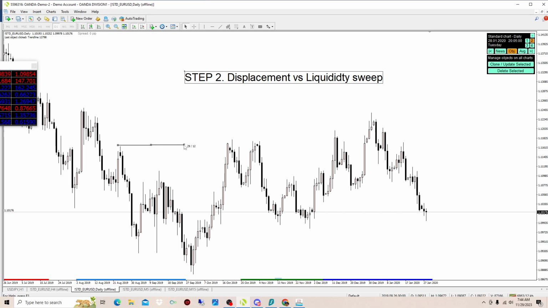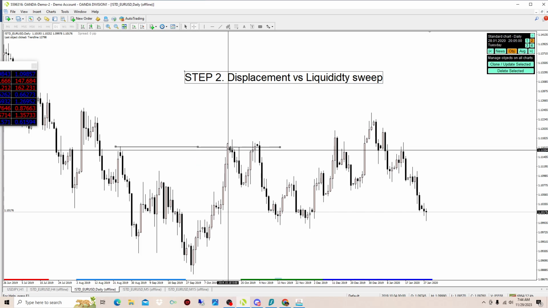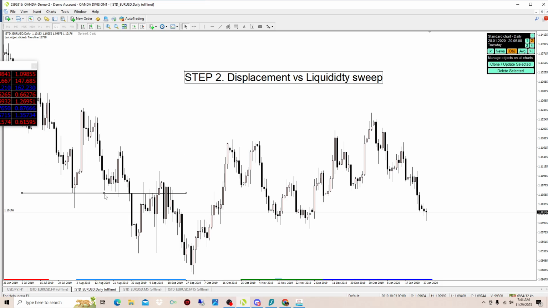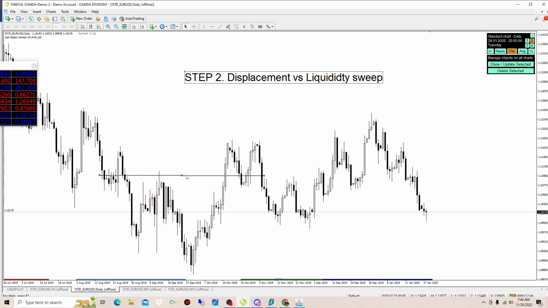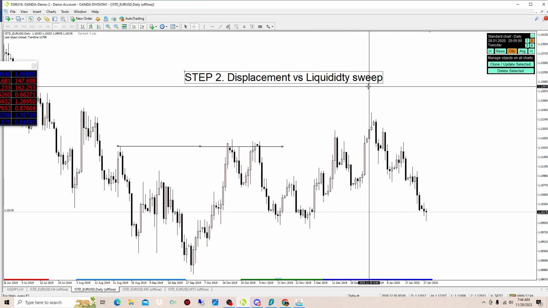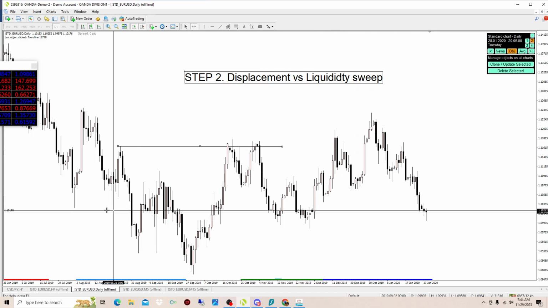You go to this level, you could tell that there was no displacement to go above this high. There was no energetic moving away. And I'll show you displacement again. Displacement is right here. Energetic move below the low. Right here, there is no energetic move above this high. So this is a liquidity sweep, and then the other one right here is displacement. So you just go over your charts and just see